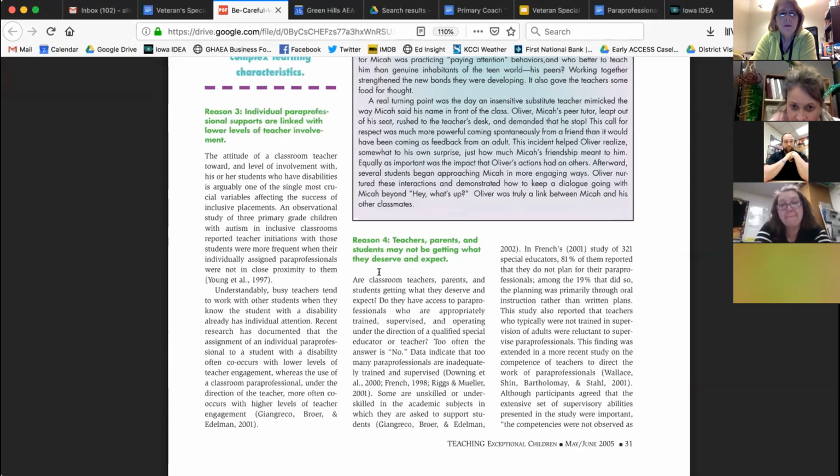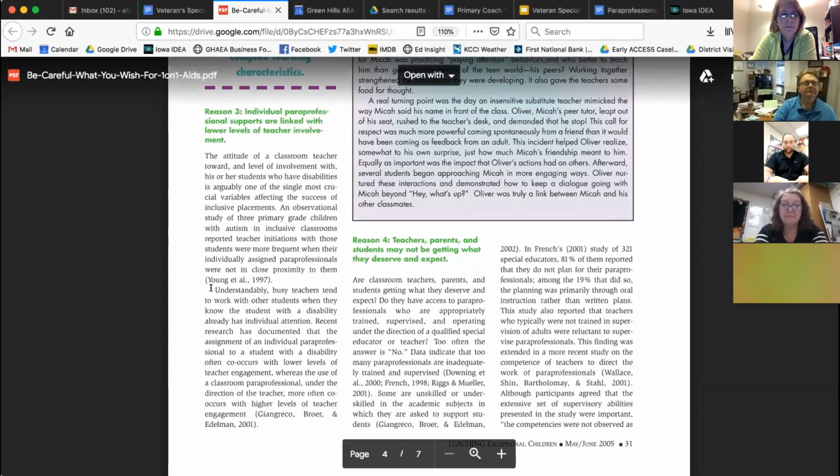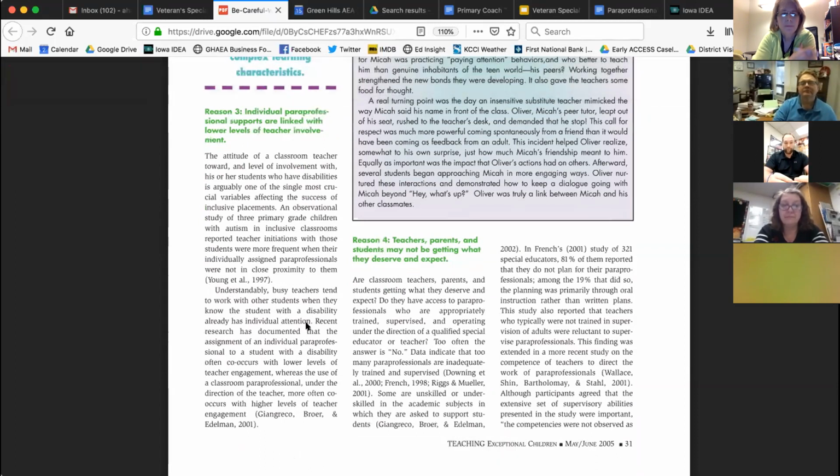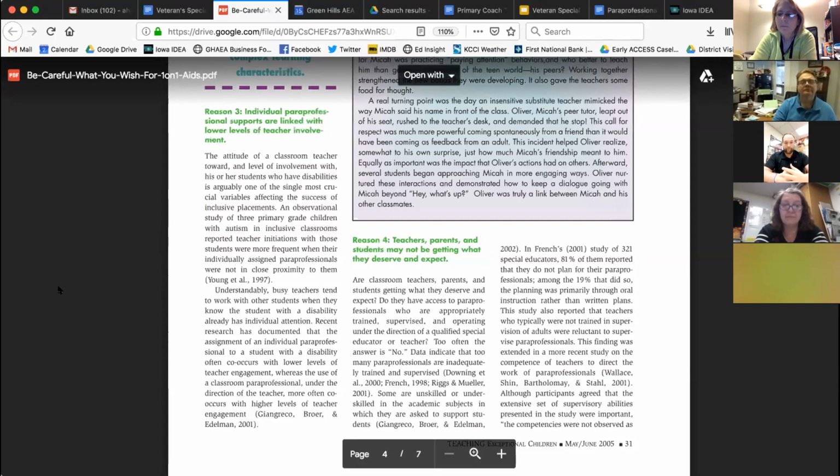All right, reason number 3, individual paraprofessional supports are linked with lower levels of teacher involvement. What did you learn about that? We felt that the key statement was the one in the second paragraph where it said, "Understandably, busy teachers tend to work with other students when they know the student with disability already has individual attention." We talked about that being human nature, and